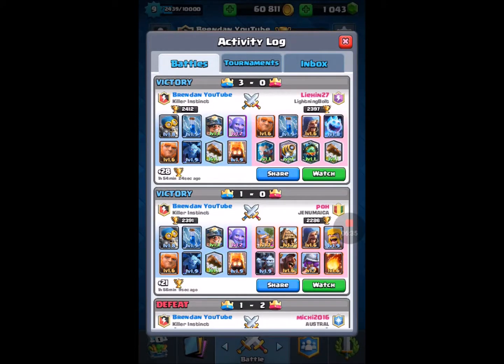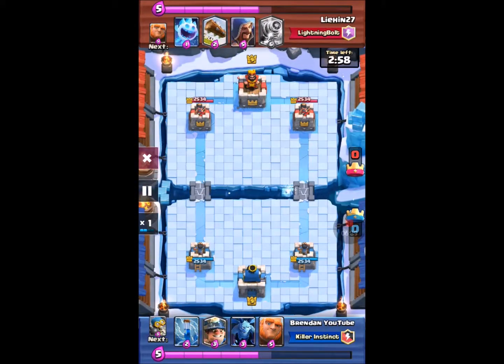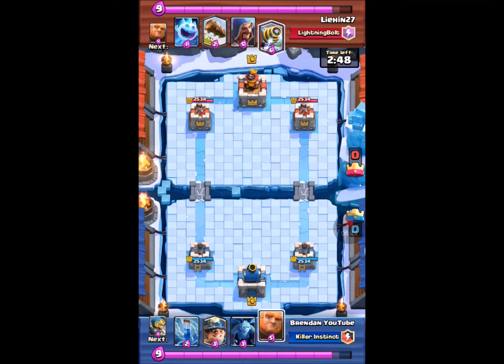So let's do this one. I had to face 4 legendaries in this one, and it was the Log, the Sparky, the Inferno Dragon, and I think the third was a princess, but I'm not sure. We'll see. So I start off with the giant, and this was just like an hour ago when I was